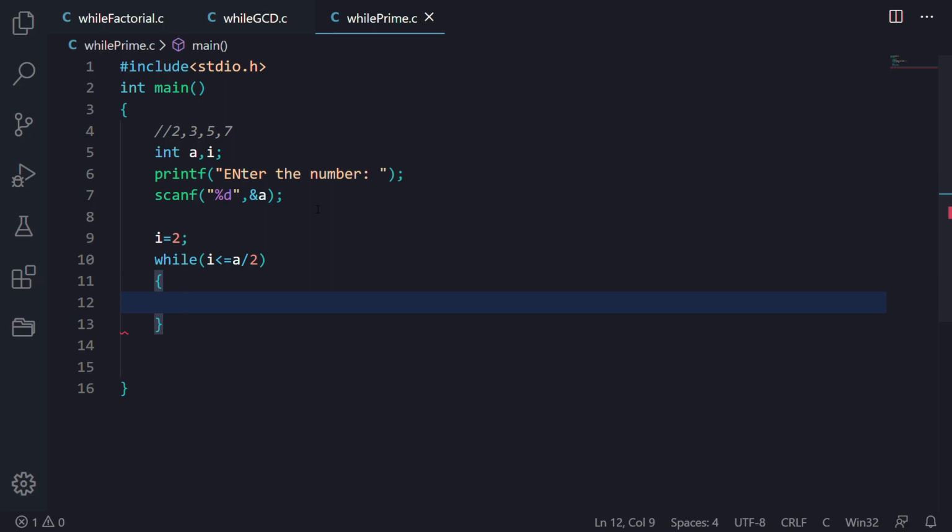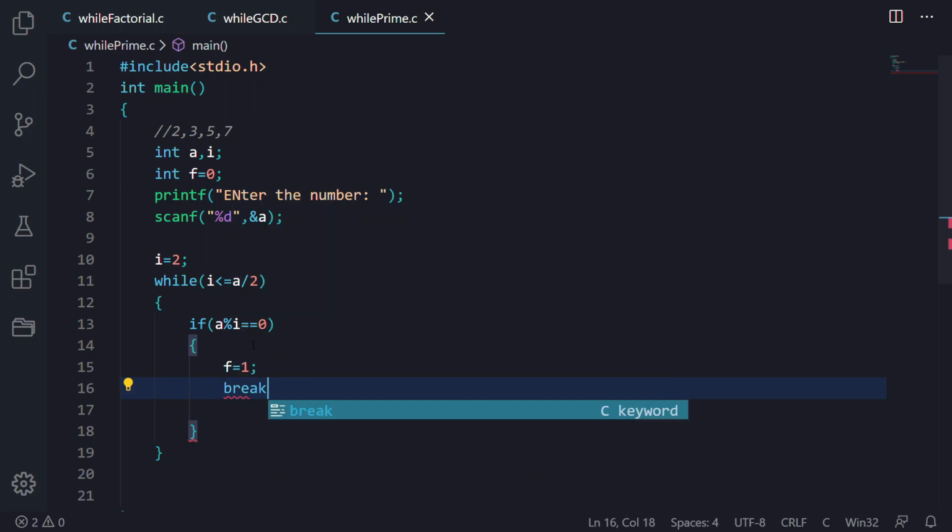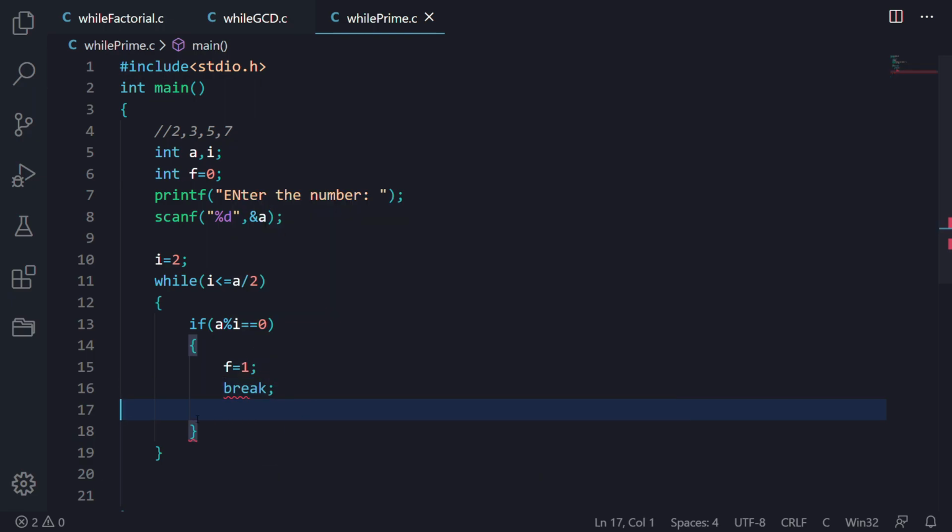Now we will check the number something like this: if a modulus I equals to 0, then what we have to do, we will take another variable here, f is equals to 0, let's take, and then here we will just change that value, f is equals to 1. This we will use after, and then we will just give a break statement to just exit this.